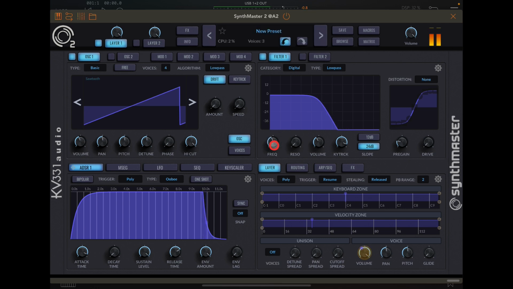So if we have it on 24, we're really going to hear the resonance as we start to bring this up. So I'll turn the volume down on the filter. Whereas if it was 12, it's not so noticeable, but on 24,